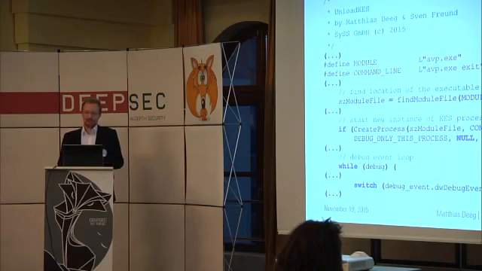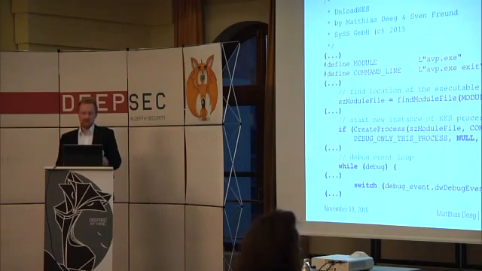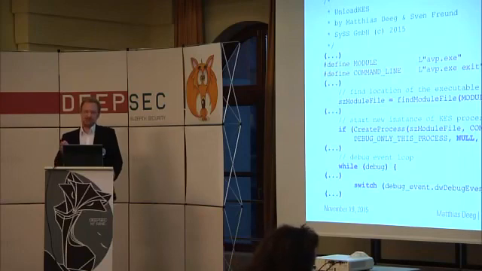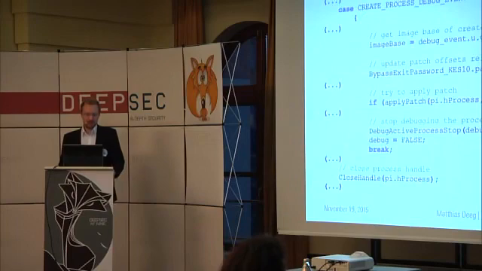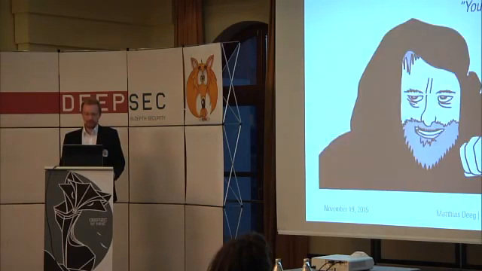This proof of concept software tool is implemented as a user level debugger, if you want to have it that way. So we make use of the Windows debug API functionality in order to patch the target process during runtime and do whatever we want. Because there's a debug loop and that's a simple thing to do. Here we apply the patch if it is possible and close the handle to the process and let the process continue its work. Okay, so now I will try to show a live demo